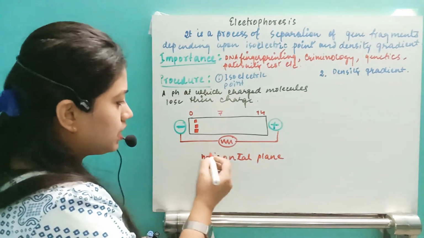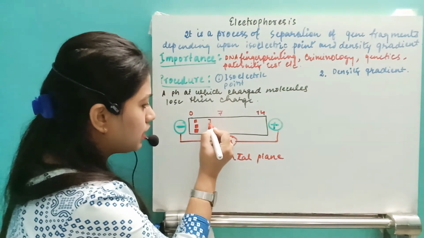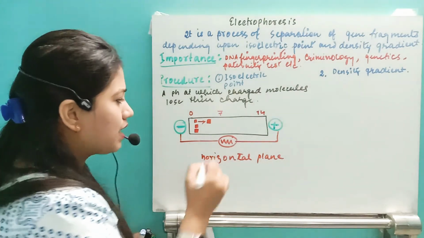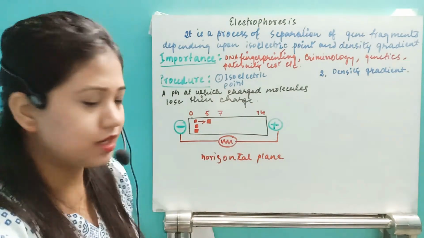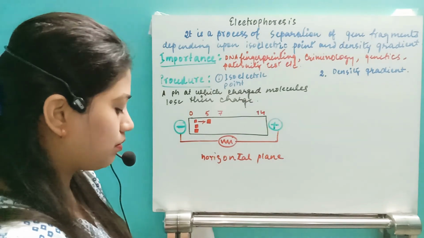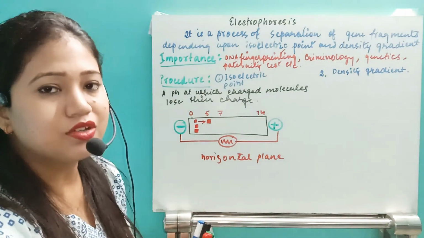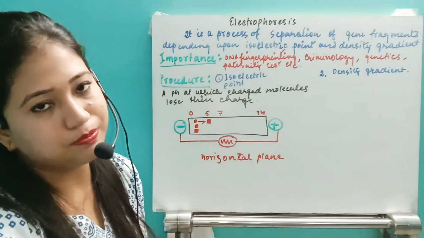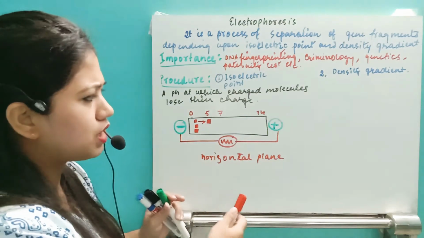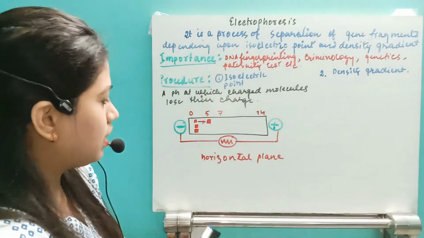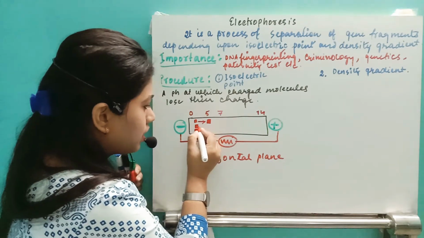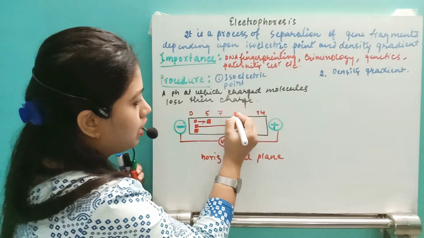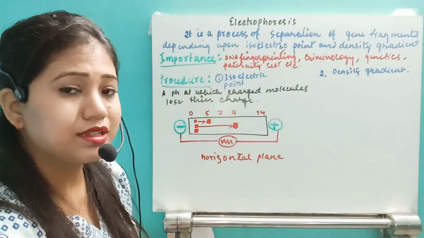So just see the DNA fragments. Suppose this DNA fragment travels this much distance, and here the pH is, suppose, 5. At pH 5 the DNA fragment loses its charge and gets completely focused at that pH. That means it is losing its charge, so that is why it is not moving towards the positive pole. The second one, suppose it travels to here, and the isoelectric point is, suppose, 9. Here it is stable.